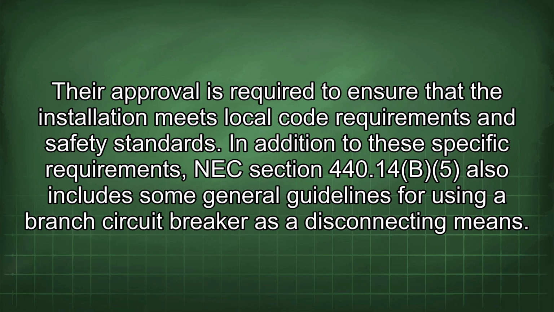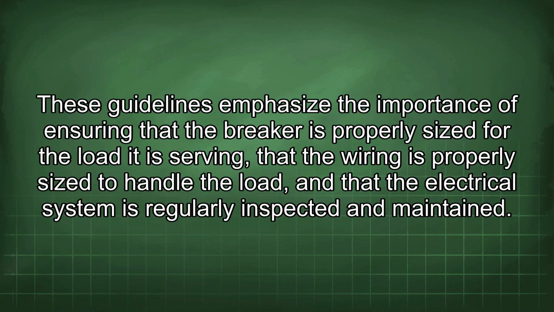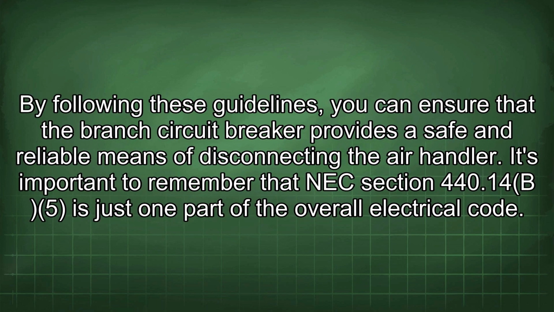In addition to these specific requirements, NEC Section 440.14(B)(5) also includes some general guidelines for using a branch circuit breaker as a disconnecting means. These guidelines emphasize the importance of ensuring that the breaker is properly sized for the load it is serving, that the wiring is properly sized to handle the load, and that the electrical system is regularly inspected and maintained. By following these guidelines, you can ensure that the branch circuit breaker provides a safe and reliable means of disconnecting